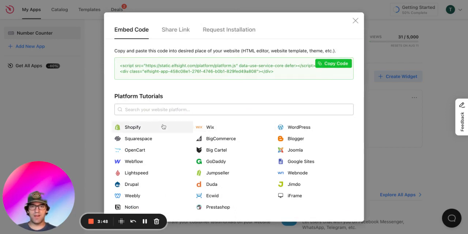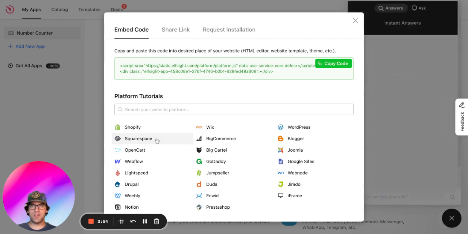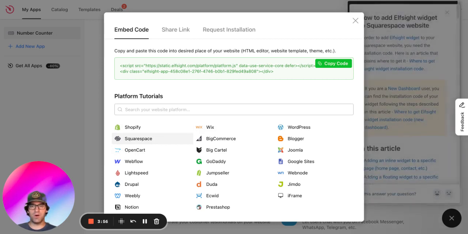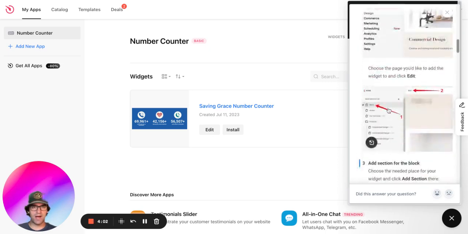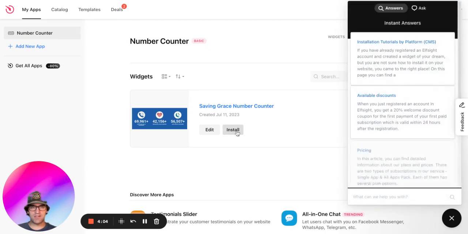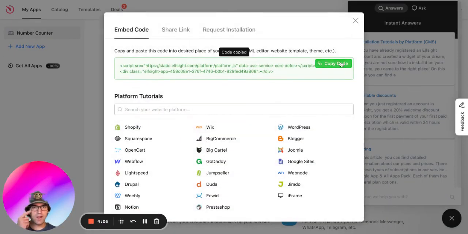And then the other nice thing is that they have a built-in Squarespace tutorial. So if you're unfamiliar with using code or an embed block on Squarespace, it pops it up right here with a walkthrough guide. So that's really nice. So we click install, we click copy code,